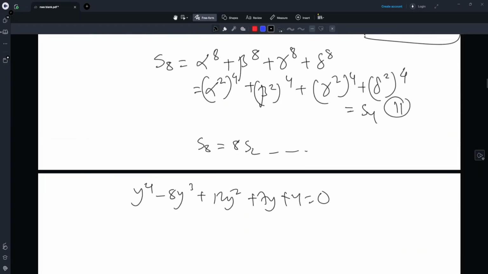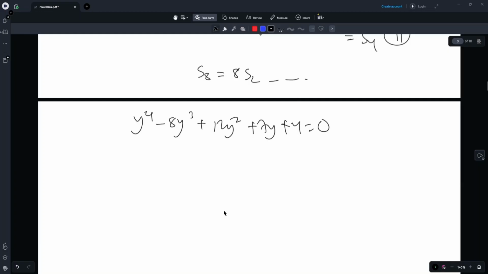So the way we denote this is like this. I need to find out S8, which basically means S4 of this equation right here. So what is S4? If I use that notation again, with my roots alpha squared, beta squared, gamma squared, delta squared, then